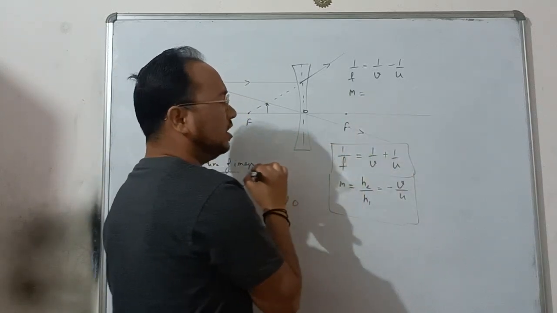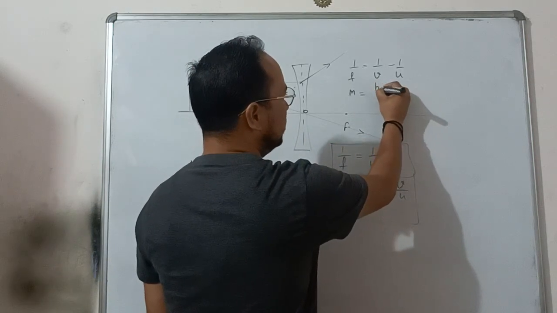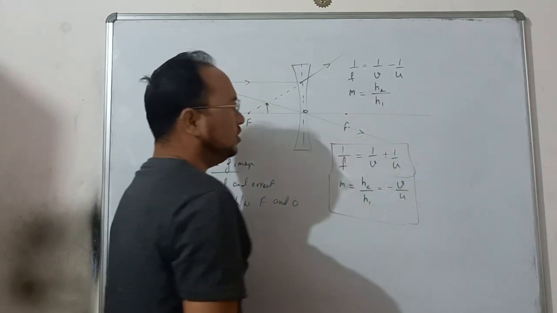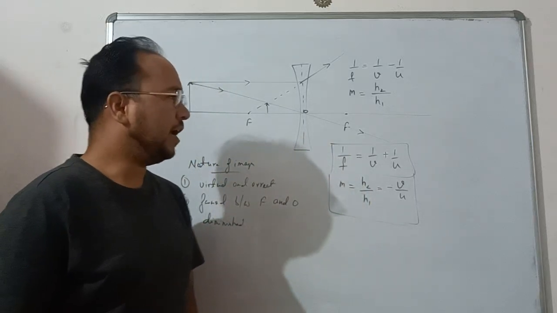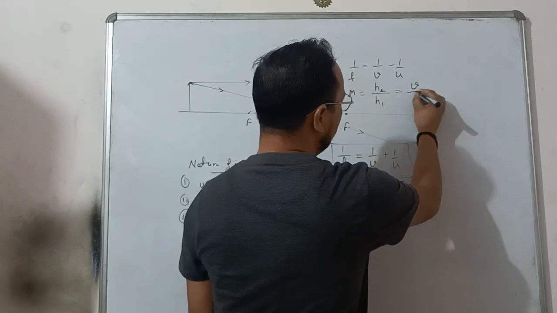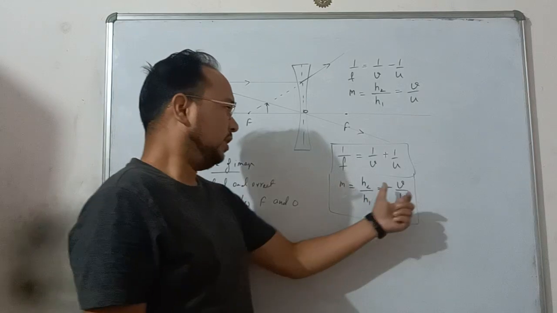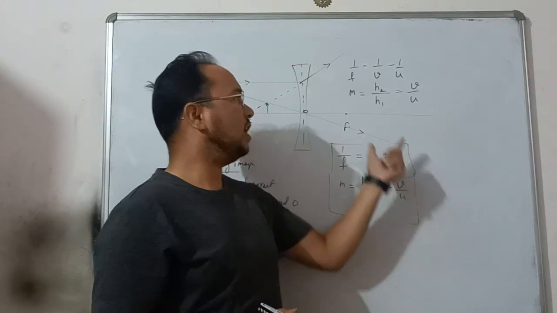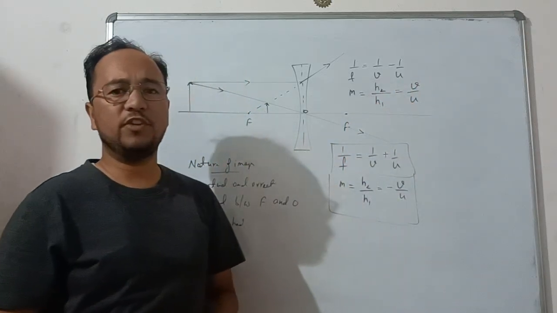The magnification produced by the lenses is defined as the ratio of the size of image to the size of object. तो h2 में size of image लिया था पहले भी, अभी भी सेम लेके चलेंगे, and h1 is the size of object, which is equal to v upon u. v is image distance and u is object distance. So there is a negative sign in case of spherical mirrors, and when we go to the lenses this becomes positive, it's v upon u.